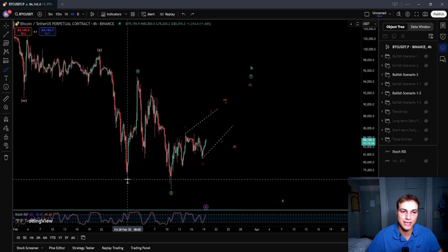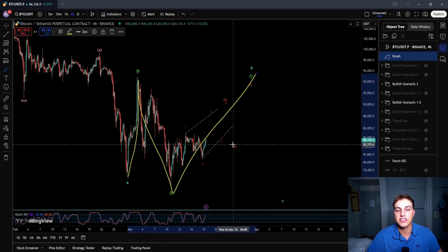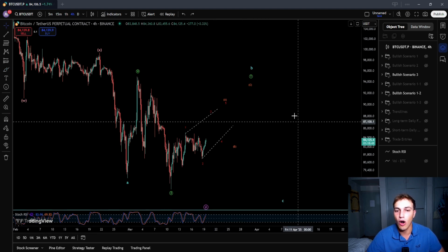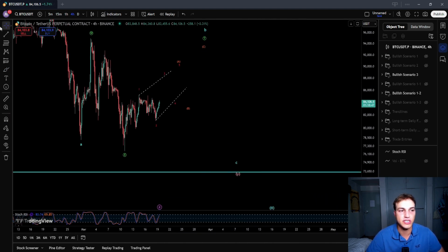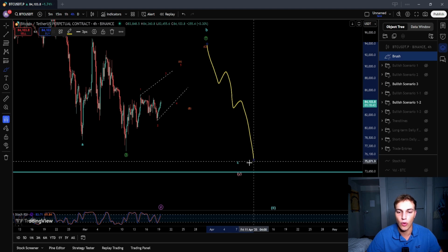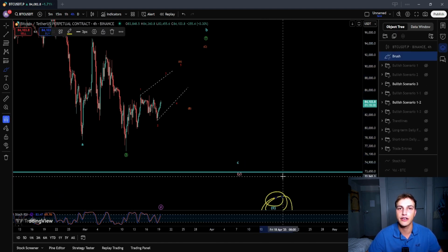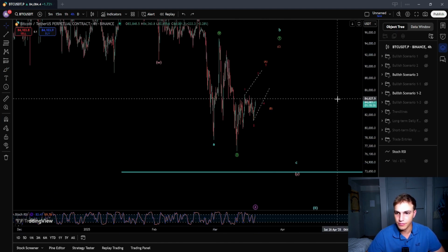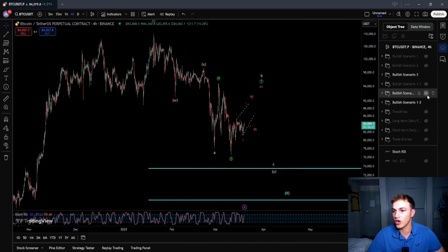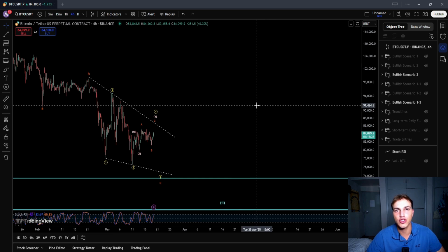This could indeed be a flat as well in an A, a B, and a wave C with that 1, 2, 1, 2 like we discussed further. After that wave B, we should see a 5-wave correction to the downside in the wave C of the Y to complete the larger degree wave 2. Then, for our last scenario on the chart, this would mean we are looking at a standard diagonal towards the